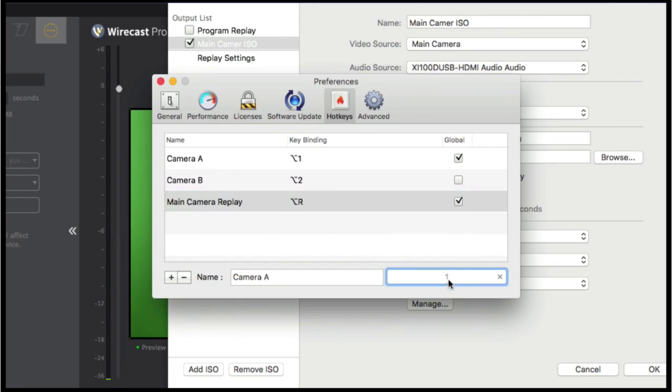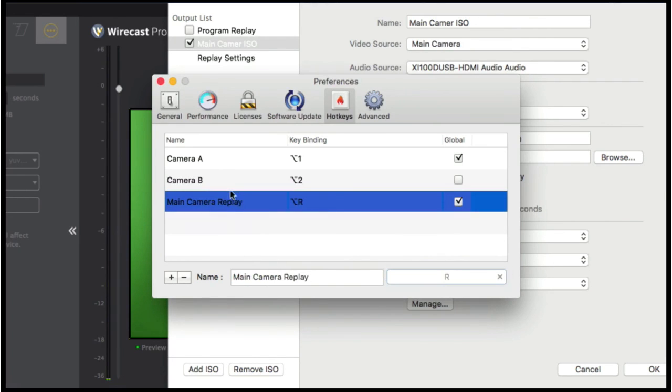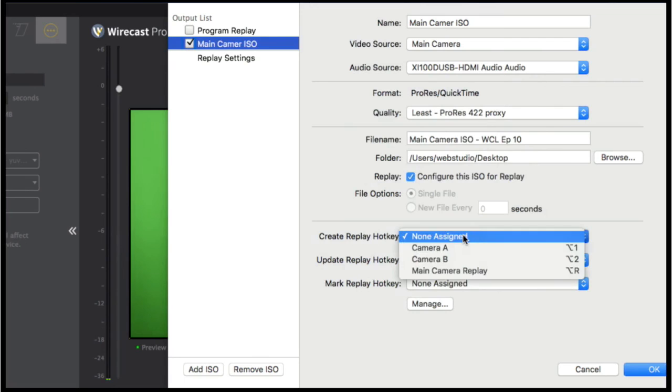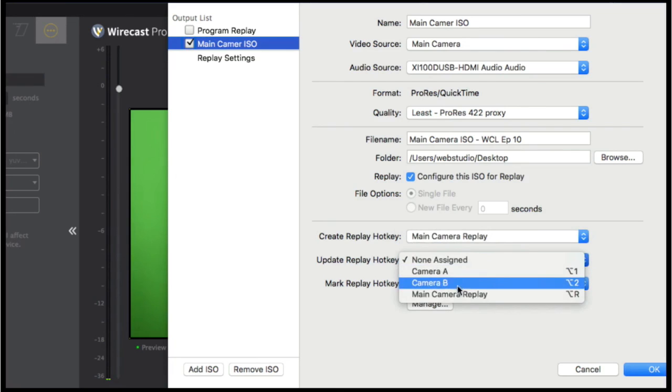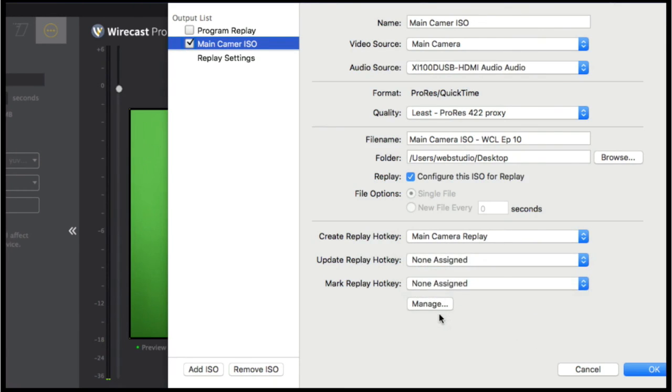All right, and we're going to click here, main camera, and do Option R. There we go, and close that. So now you can create the replay as the main camera replay, and then we can even update that to be the global one if we want, but I'm not going to do that for now.